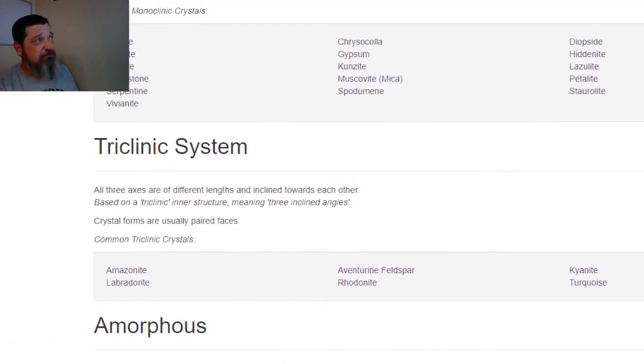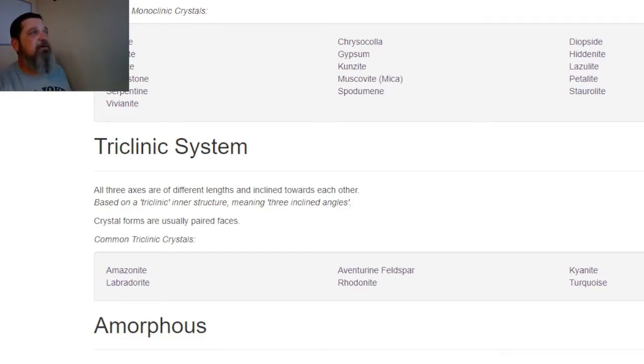And we're going to start in the triclinic system, and this is where the stepping on toes part comes in. The triclinic crystals are what you're going to use to cleanse your base. All of them. It doesn't matter what color they are, but the color does matter, because they also do other things too, right? Every single triclinic system crystal, amazonite, labradorite,